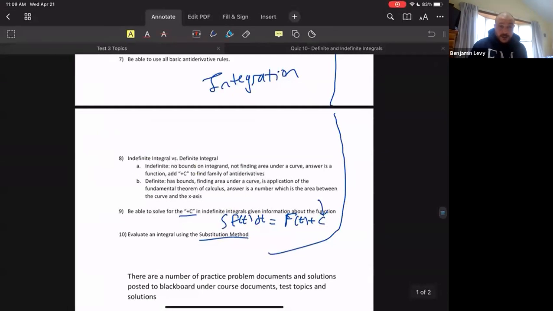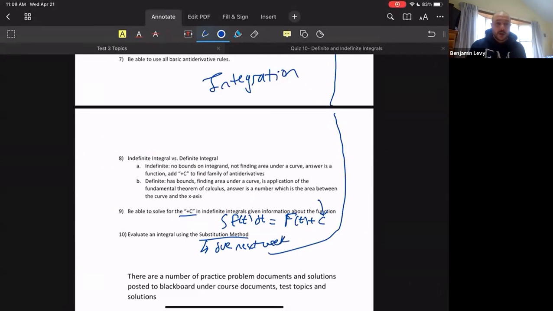Anyway, the homework for substitution methods is not due till next week. Keep that in mind. So there's no homework due this week. This one's due next week, but it's on the test. The reason I did that is because I didn't want to force you to do it all and overwhelm you in addition to studying, but being aware that it is on the test. So you should do enough of them to feel confident doing a couple of substitution problems. That's just a quick run through of the topics, to give you a chance to look at some of that review stuff if you hadn't already.